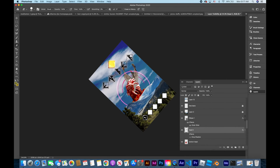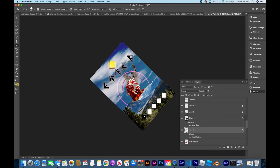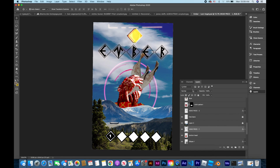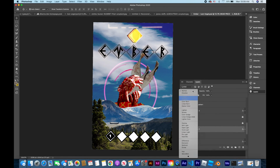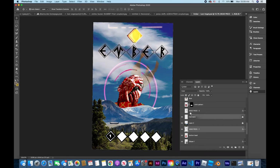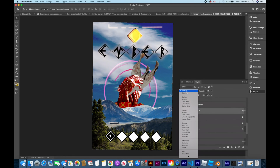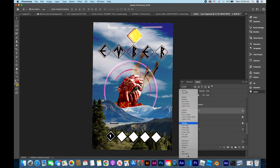Pen tool again, brush tool, hitting that a little bit. And yeah, this is when I start just checking how it looks. Creating a couple more paths or selections so that I can erase some pieces. Erase some parts. Let the fingers, again, look like they are